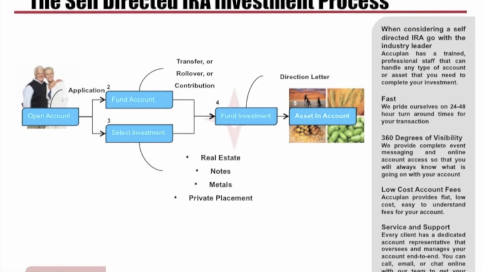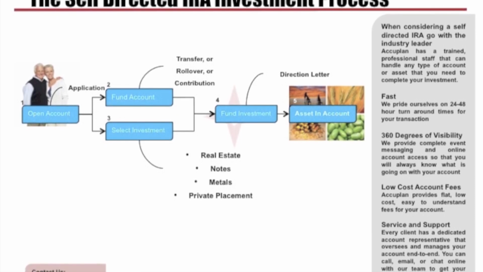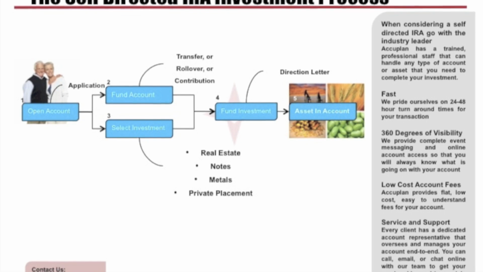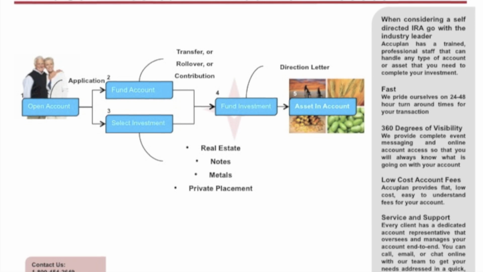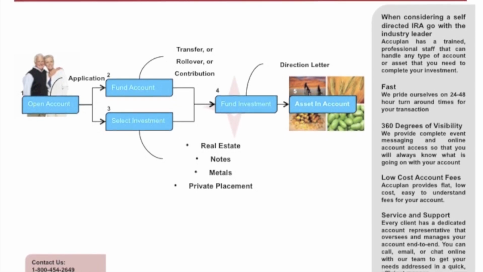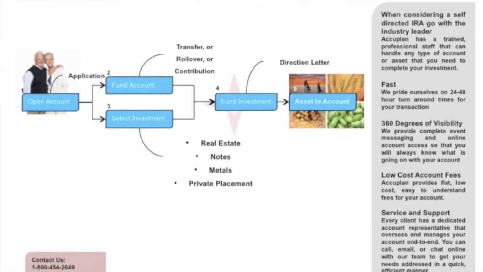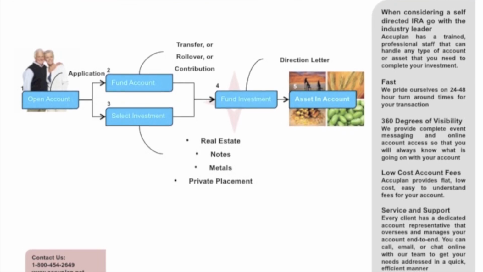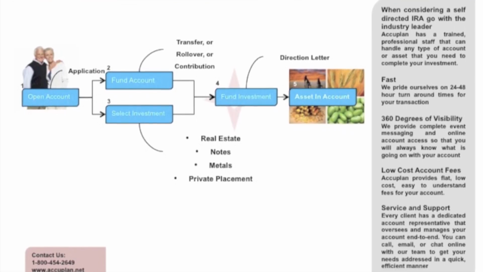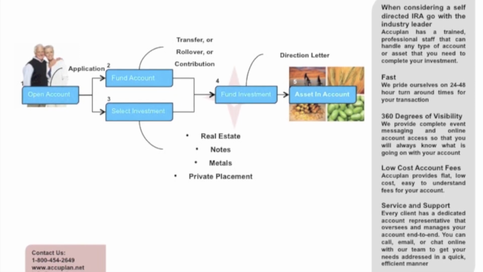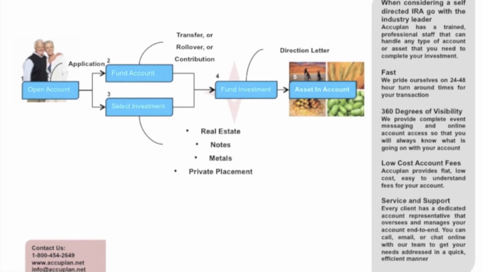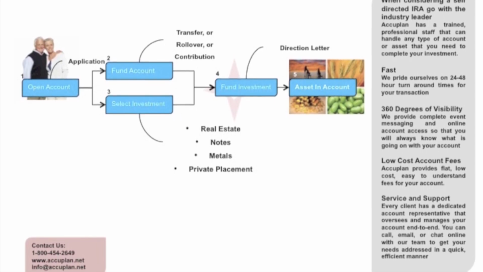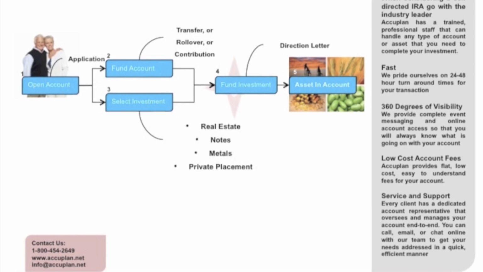The next step would be to fund the IRA via transfer, rollover, or contribution. Keep in mind, if it's going to be a transfer, allow 7 to 10 business days from the time your existing custodian receives those forms in order to fund the account. You have the option to have the funds wired or a check sent. Keep in mind, if a check is forwarded over, there's a mandatory 5 business day hold on that check. So keep that in mind if there is a pending or time-sensitive transaction. So once again, within a 2 to 2.5 week span from opening the account to funding the account, you're ready to move forward to making your investment.